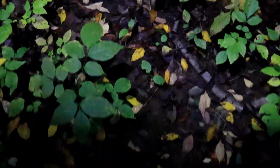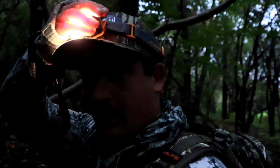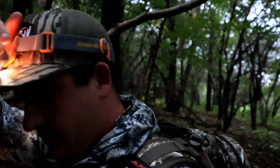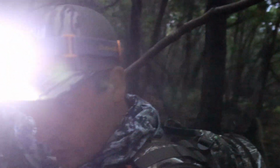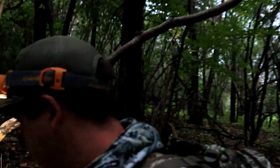There's some there. There's some blood right there. More there. What I'm gonna do here is I'm gonna set the camera down and really look here, because all these leaves are so wet. It's so hard to look. But I'm trying to make sure everything's on camera pretty decent too. I can see blood right there, but